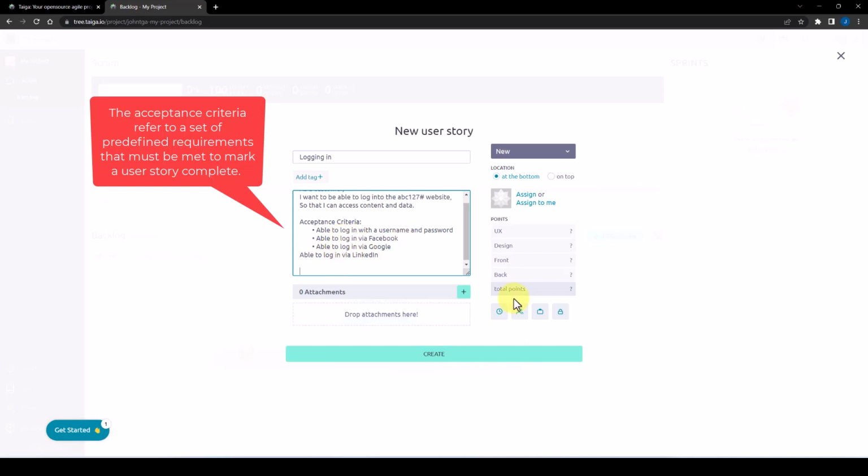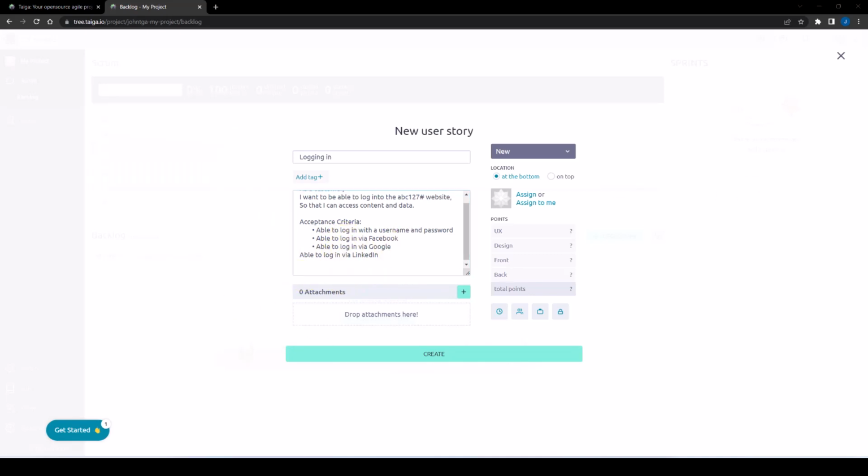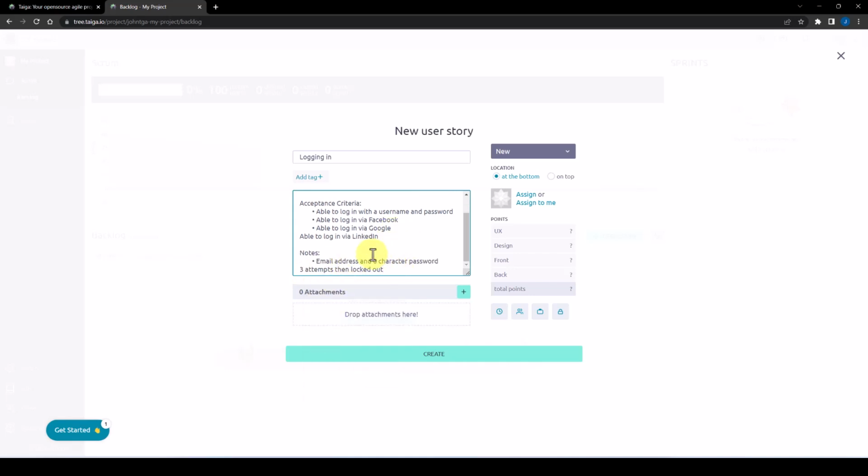We can also add some notes into the bottom, so I'll just paste that in there, just to add a bit more information to the story. We can add some attachments if we need to,